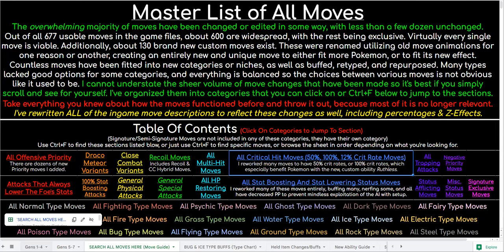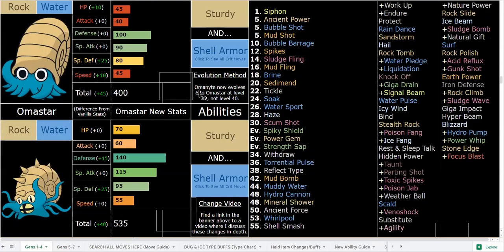There are also 130 plus custom new ones as well that you can check out in the description, and other useful sheets in the bottom, like bug and ice type buffs, held item buffs, all that kind of stuff. New abilities, which there are 20 plus of. Can this load, man? Jesus, come on. Thank you. So Omastar,